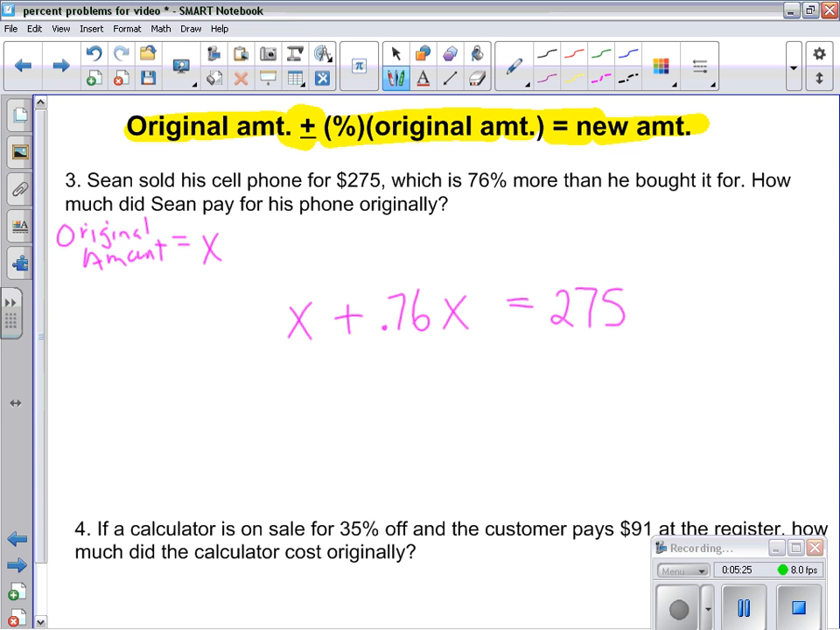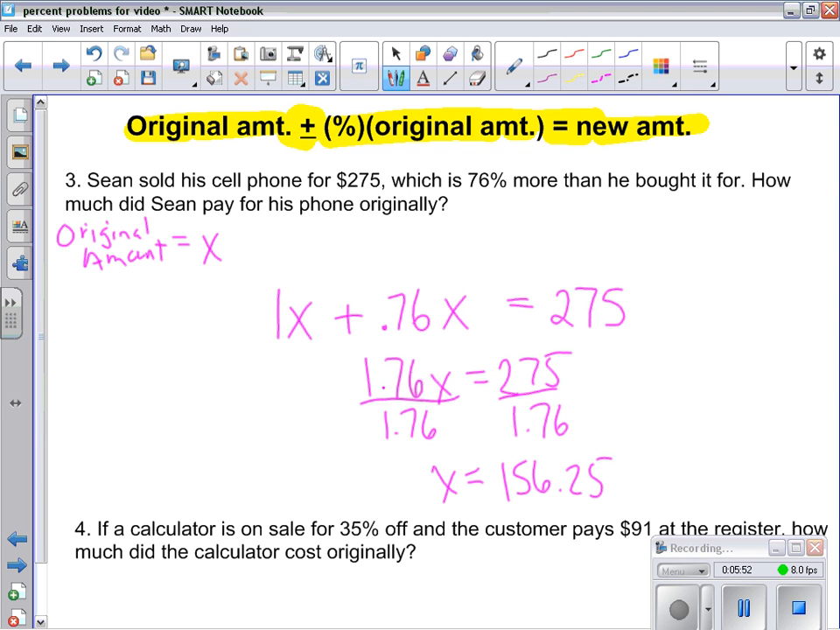Right, so now I need to clean this left side of the equation up a little bit. You notice we have common terms that are called like terms, actually. And the X has a coefficient of 1, so I add together the two coefficients, and this time I get 1.76X is equal to 275. And then when I divide both sides by 1.76, I'm going to get X equals $156.25. So Sean's original price was